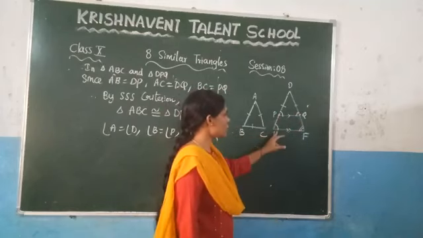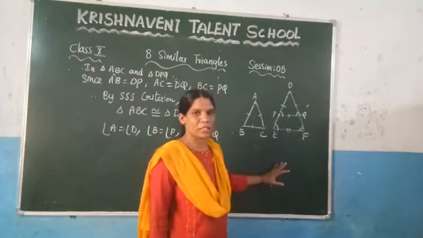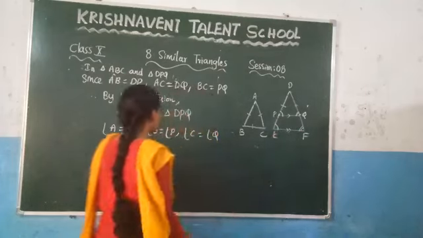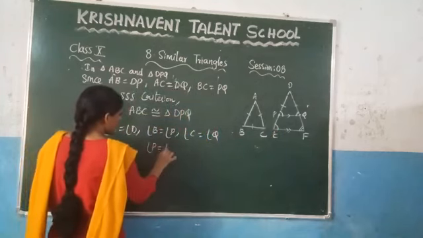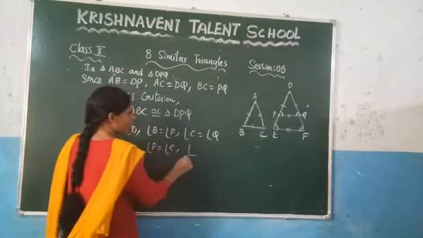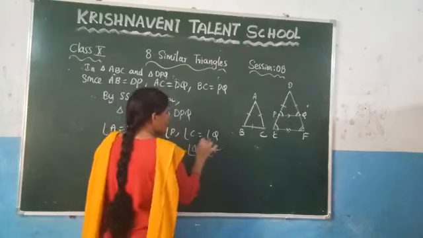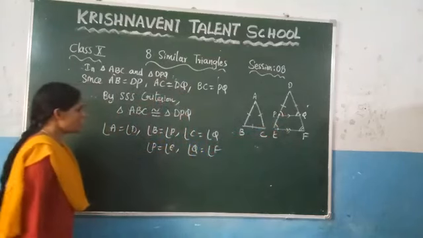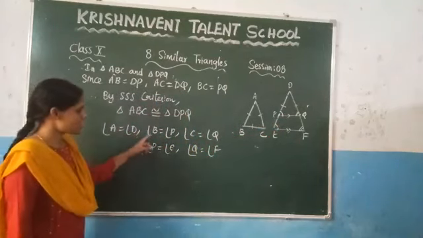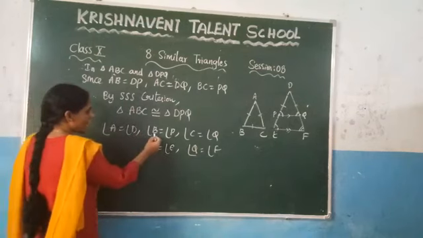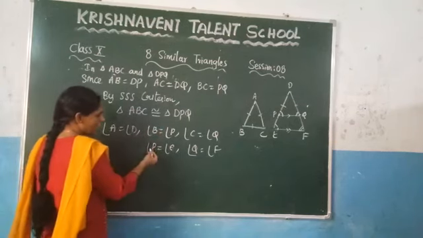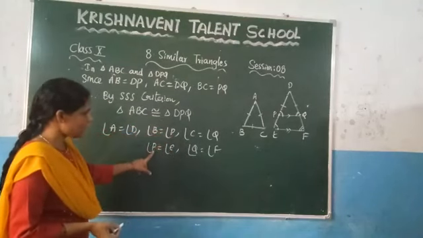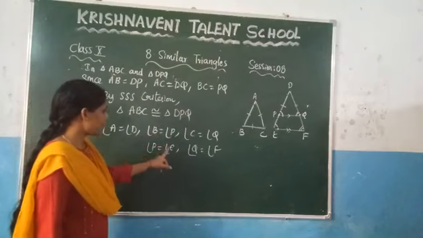Why? Because these two angles are the corresponding angles, and you know that the corresponding angles are equal, and we have proved this one. So what we have proved? Angle B is equal to angle E, and we have proved angle Q is equal to angle F. Why? Because PQ is parallel to EF. Now you can observe that based on these two conditions, angle B is equal to angle P, and angle P is equal to angle E. Now here angle P is there, so you can equate these two values.